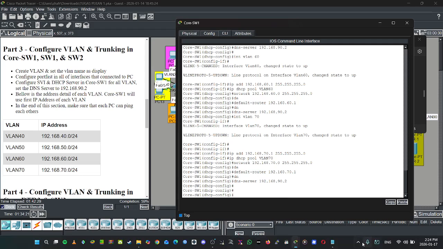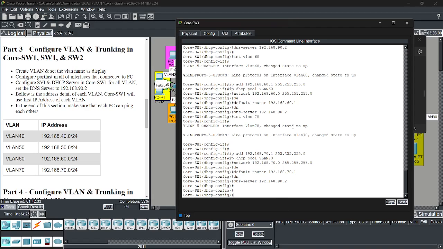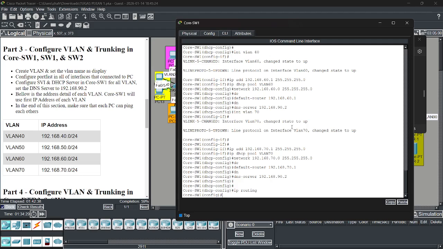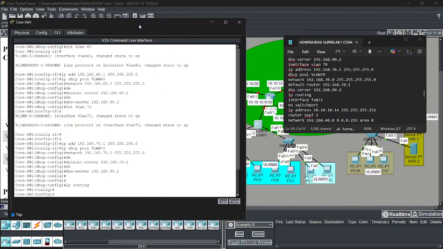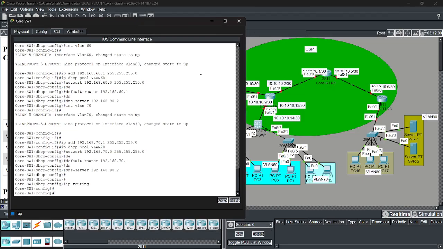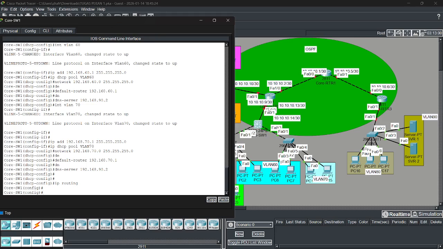Okay, don't forget to add the IP routing. After the IP routing, I guess we must add the IP address for the port. We need to know the switch port first.